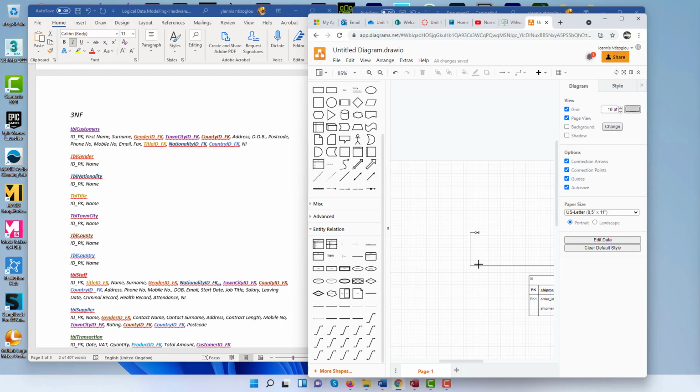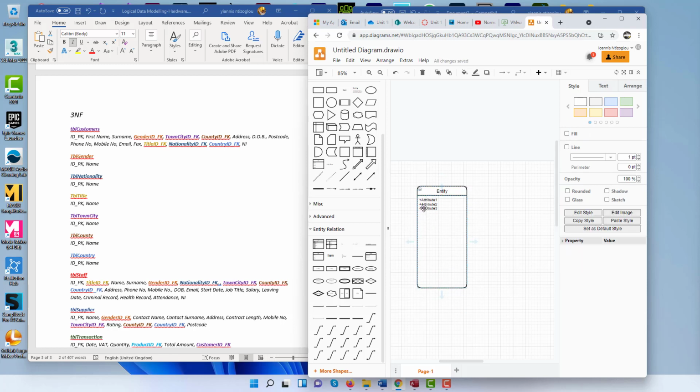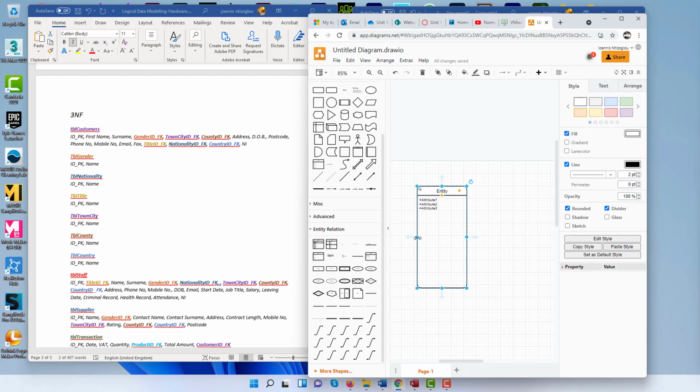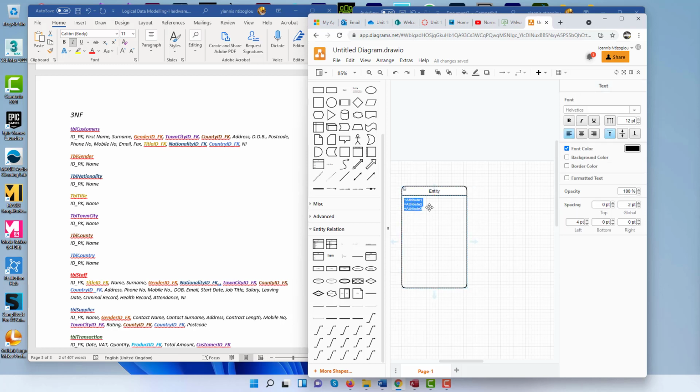You already have some tables to start with. I'm just going to delete everything so I can actually show you how it works. So we have the first table, the first entity, and we're going to increase that. And we have here some attributes,